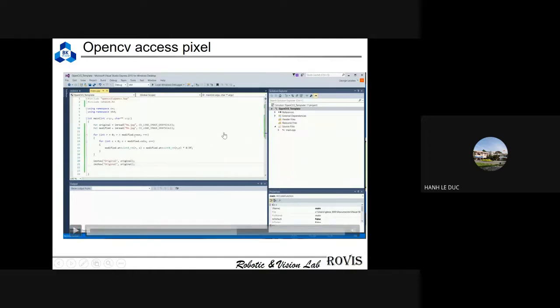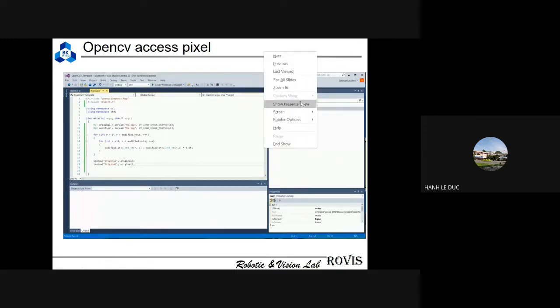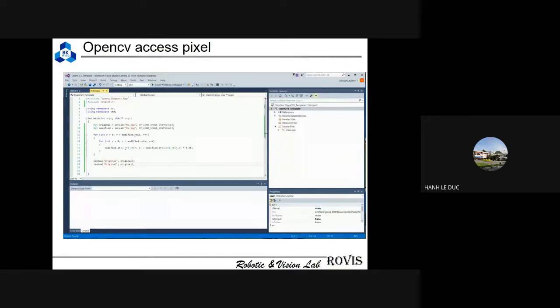Okay, so this is the content of the first example. This is a very basic program, and I will explain it slowly. First, what did they do? They read the image,